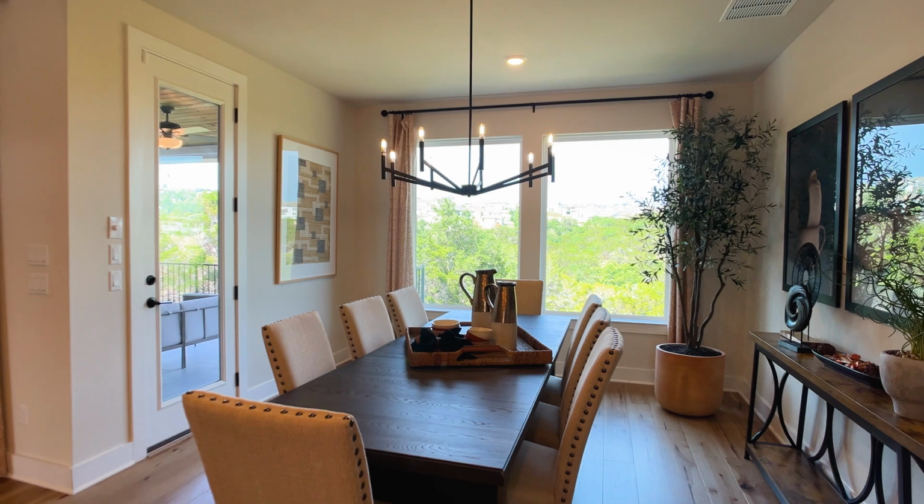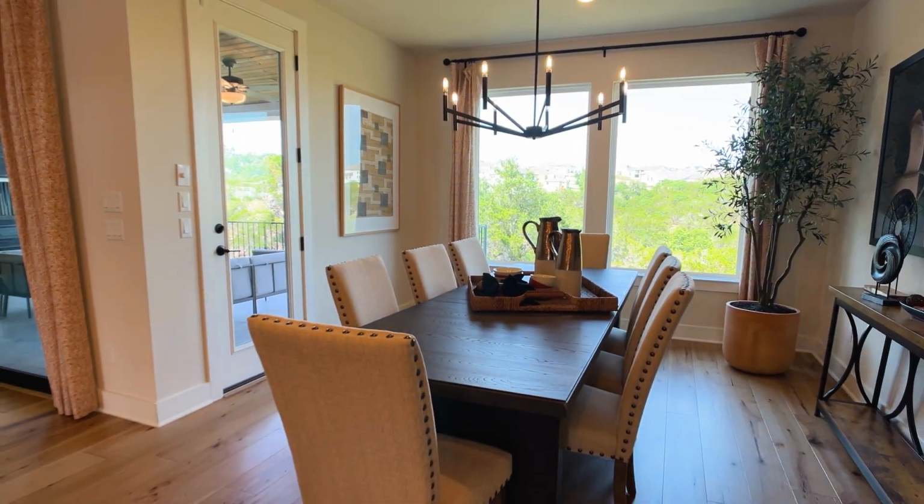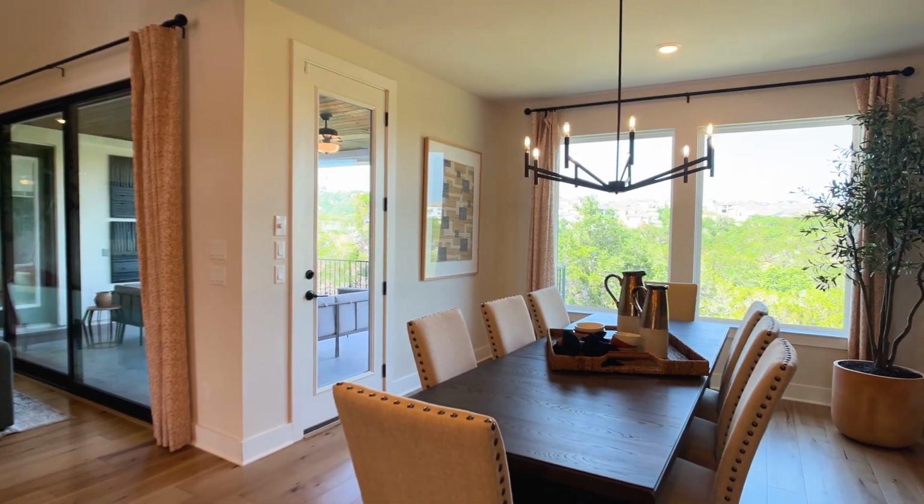Now, what is the base pricing in the Naples collection, where you immediately start off with a wider lot, a 70-foot wide lot. The base pricing here starts about